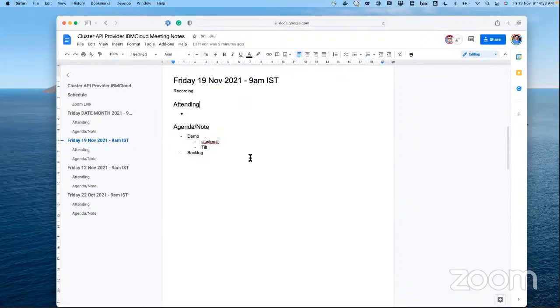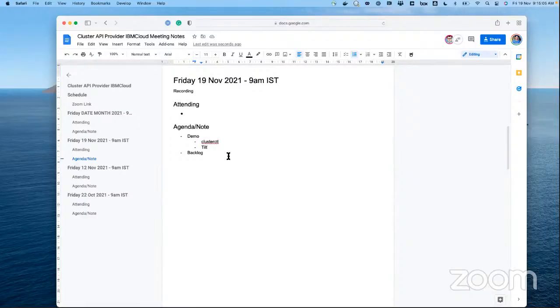A couple of things we want to go through today. So first thing is I'll probably take you through a demo of what we worked on the last couple of weeks, basically the clusterctl support for IBM Cloud, and then also the Tilt tool for development. We'll spend more time there because this tool is very useful for development.